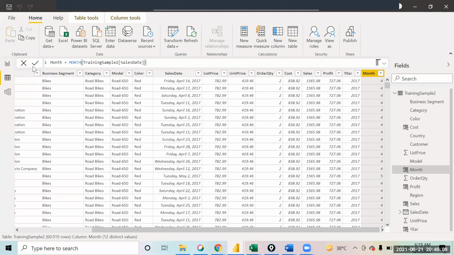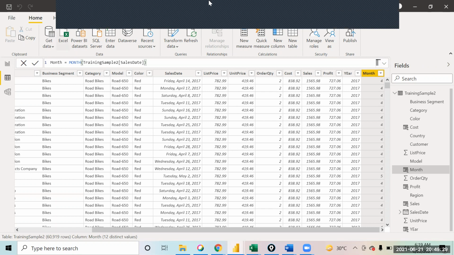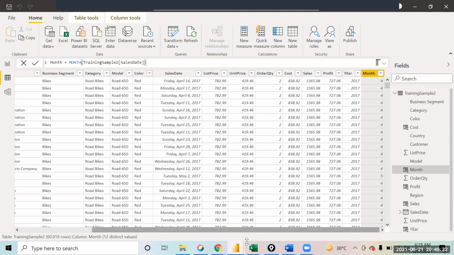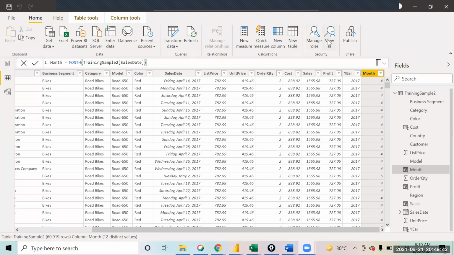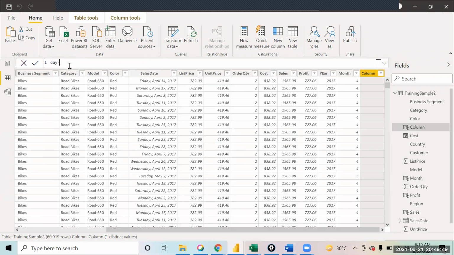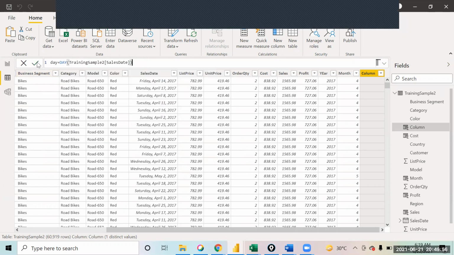Similarly, please add this for day also. Now, this is what we are extracting.